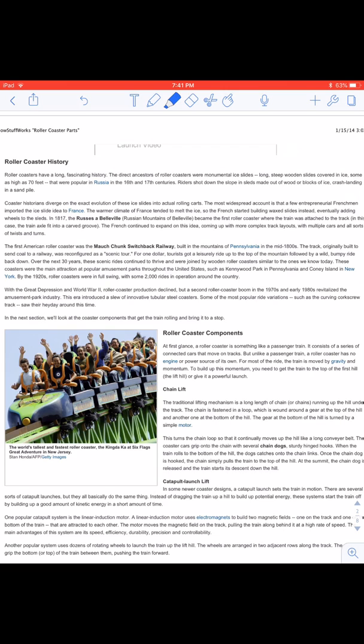The French continued to expand on this idea, coming up with more complex track layouts, with multiple cars and all sorts of twists and turns. The first American roller coaster was the Mauch Chunk Switchback Railway, built in the mountains of Pennsylvania in the mid-1800s. The track, originally built to send coal to a railway, was reconfigured as a scenic tour. For $1, tourists got a leisurely ride up to the top of the mountain,